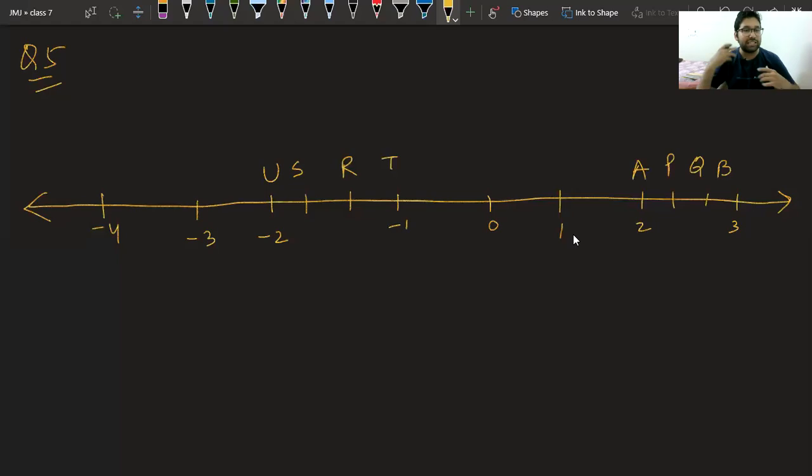Here we are going to utilize our knowledge which we have learned till now. They are saying this US is equal to SR is equal to RT. This is equal to this equal to this. Can you tell me whatever number comes here, what denominator will come in that number? Whatever number is S, we have to find which number will come in the place of S. Please tell me what will be the denominator of S. Just seeing the diagram, can you tell me?